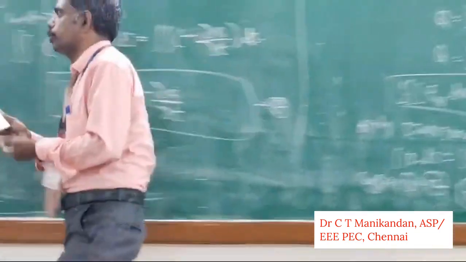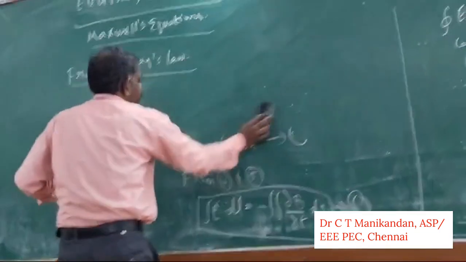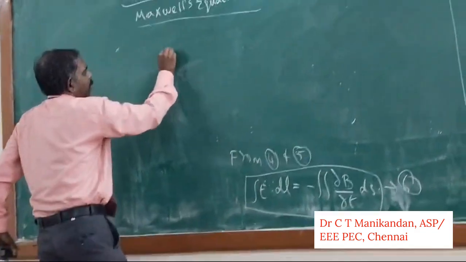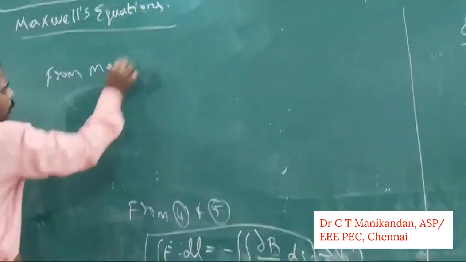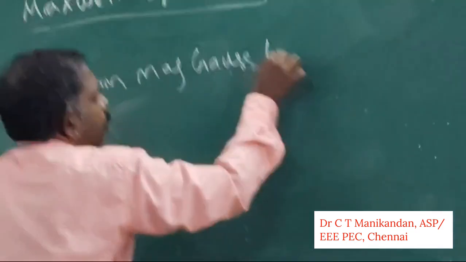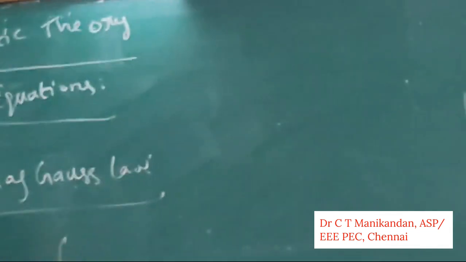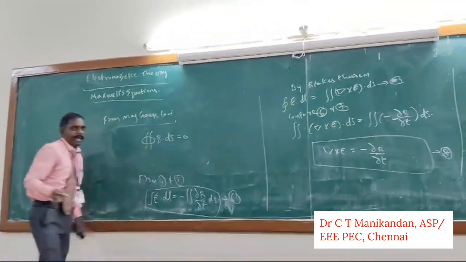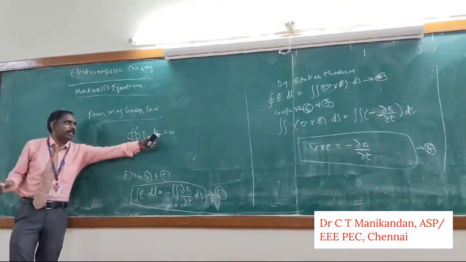So finally the fourth one. Very simple one. It is from magnetic Gauss law. According to magnetic Gauss law, the surface integral of B dot ds equals 0. Magnetic flux density around the closed path equals